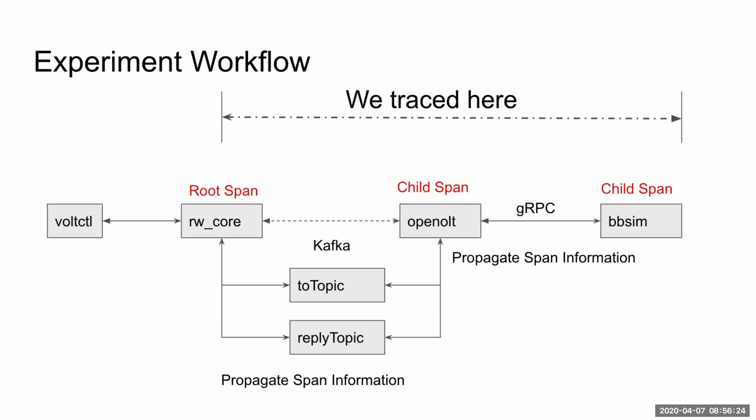And the OLT is a Kafka consumer. So you read data from the Kafka topic, and you will get the span information from the span context, and you will create a span here. This span is a child span of the span in the record. And then the OLT is also a gRPC client, so I just pass the span context to the gRPC client, and gRPC will pass the span context to the BBC. So I would like to see if we could learn from OpenTracing in this workflow, from Kafka to gRPC. Maybe we can learn more and see what the bottleneck is in our workflow.